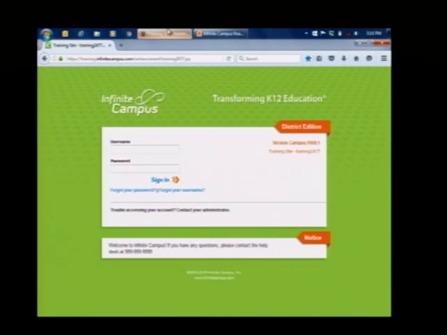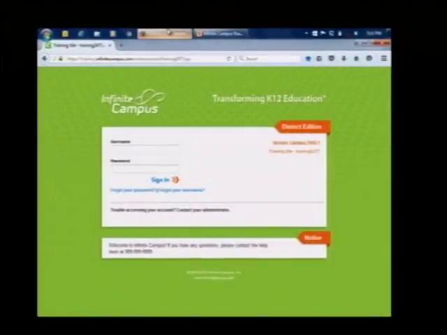An example would be a parent registers a student at an enrollment center. As soon as the enrollment center completes that work, that data is available at the school that child was enrolled in. Right away, the counselor could build a student's schedule and notify the teacher, and a teacher will receive a notification that you have a new student that's going to be starting tomorrow. Okay, so again, it's all about accessibility and access to data in real time. I'm going to go ahead and log into our application right now.